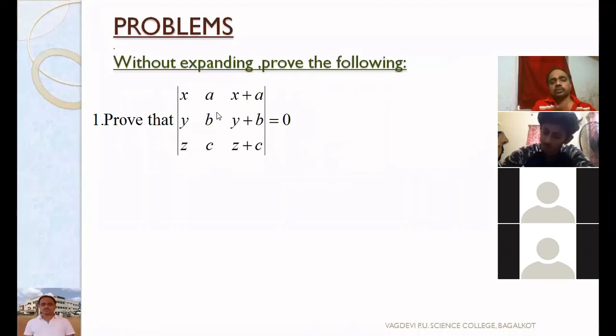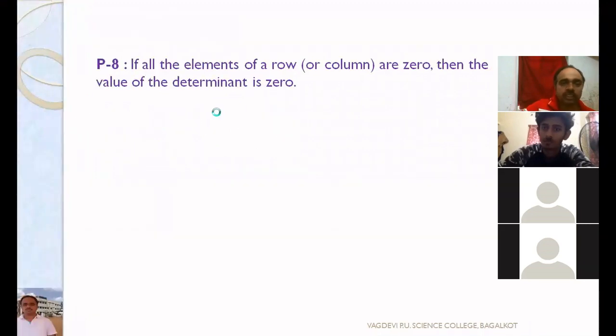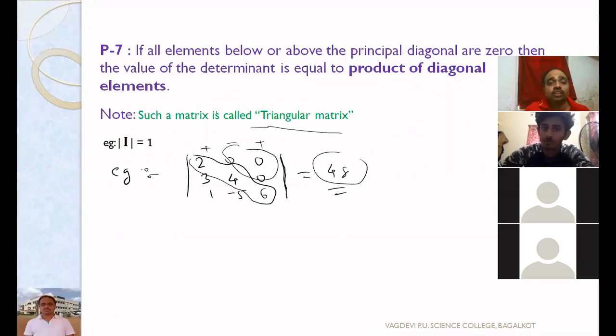We'll go to the problems. Shall we go to the problems? Is it clear? Properties. Okay, I'll explain property number 7 once again. Somebody is asking about property number 7. If all the elements below are above the